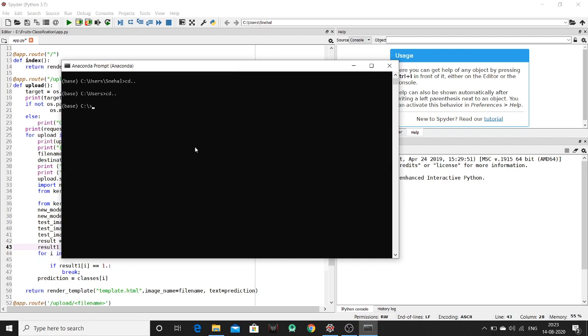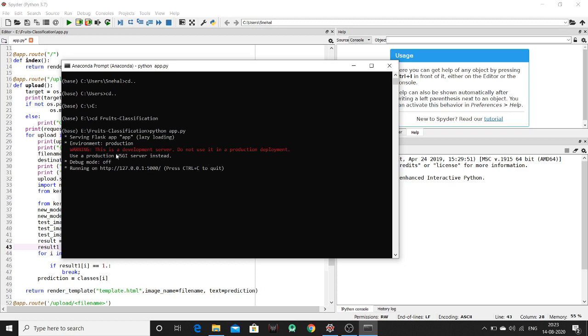I have it in the E directory, so I am going inside that directory and then inside the folder named fruit classification. Now, to run our model, we have to run our app.py file. What is this app.py file? It is the name of my Flask module.